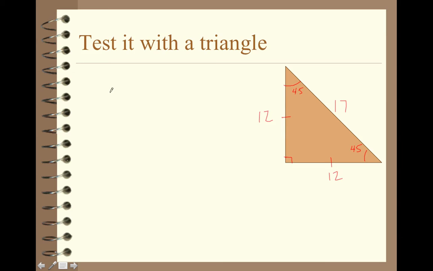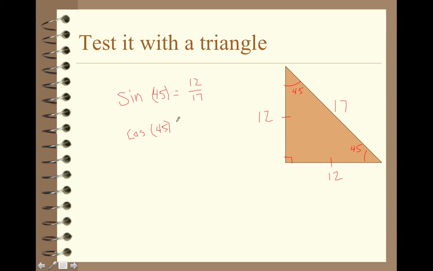And so if I used whole numbers there, and I wanted to know what the sine of 45 is, notice that there's two 45s, so it really wouldn't matter which one you chose. And sine of 45 means it's going to be opposite over hypotenuse, which would be 12 over 17. And if I did cosine of 45,